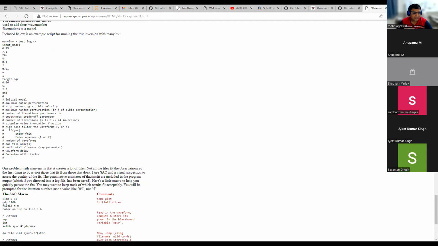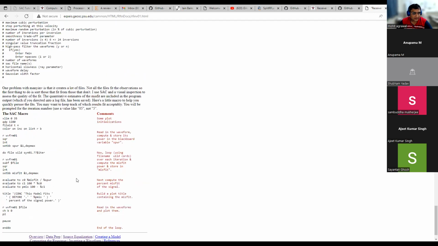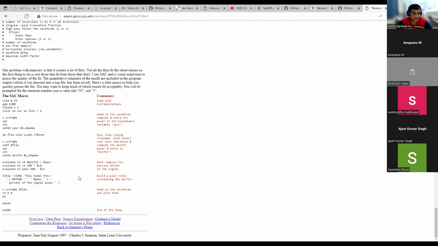And also for the computation of synthetic receiver function, they have a code